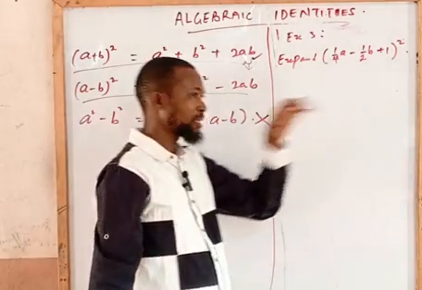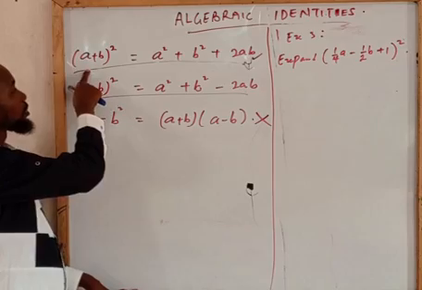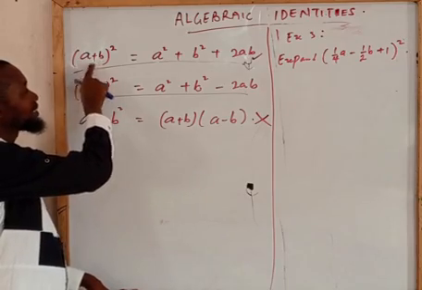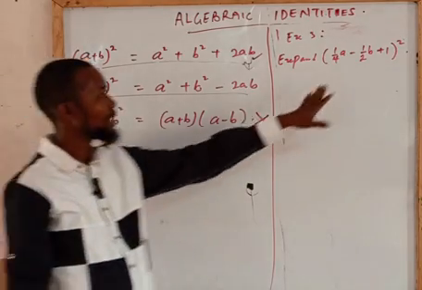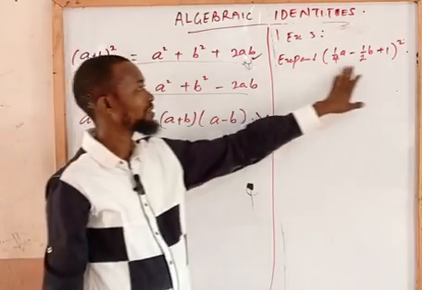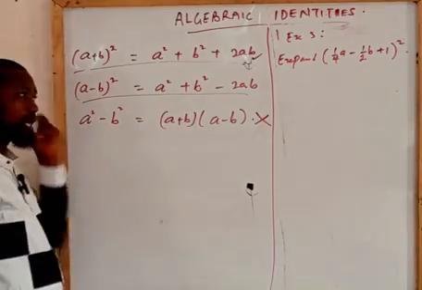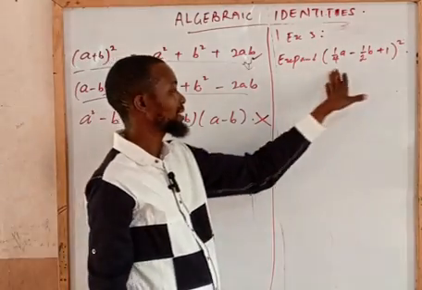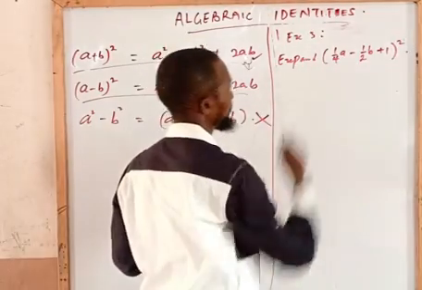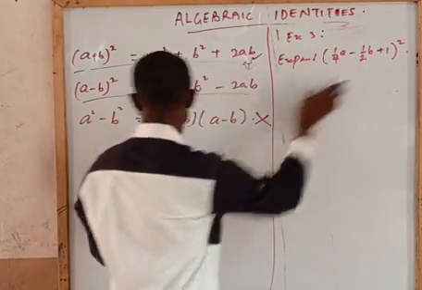Remember, this identity only provided for just 2 entries within the bracket. But here how many entries are we having within this bracket? We are having 3 entries. So once we have 3 entries like this, it shows this identity may not work. So in order for us to apply it, let us adjust the question. Let me adjust it before I render the